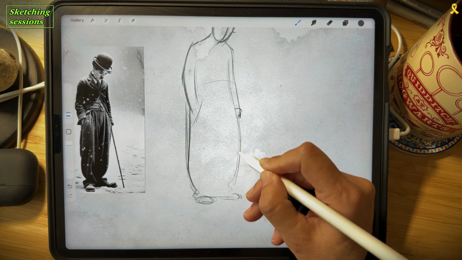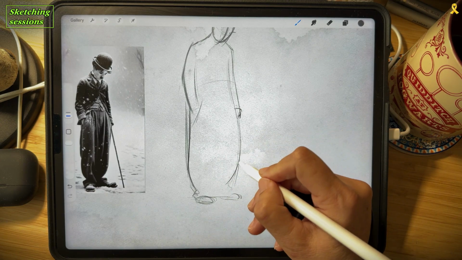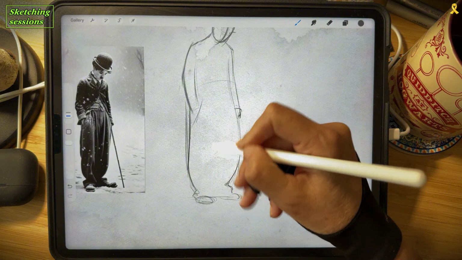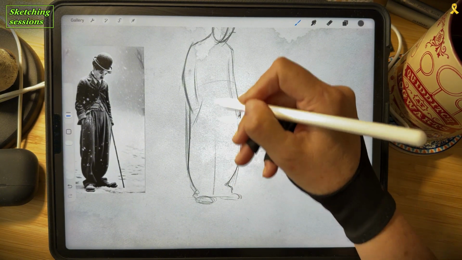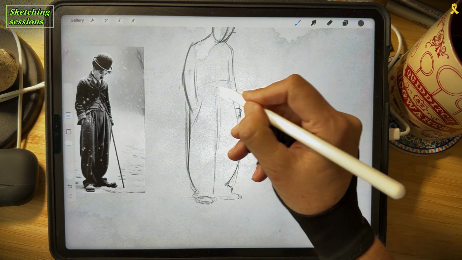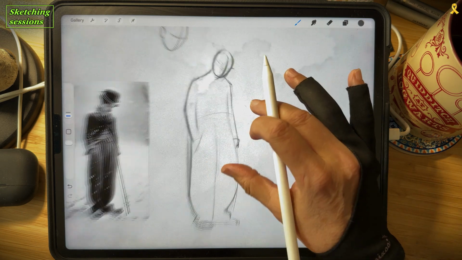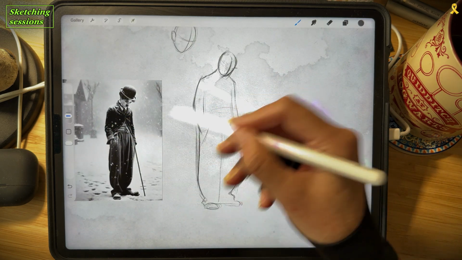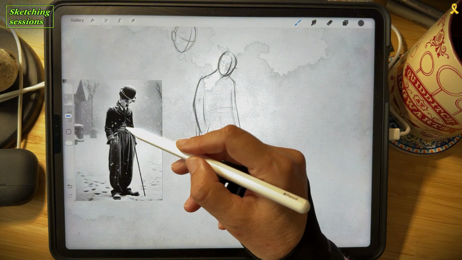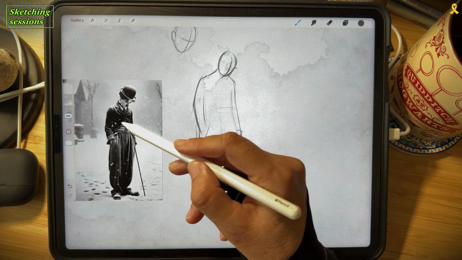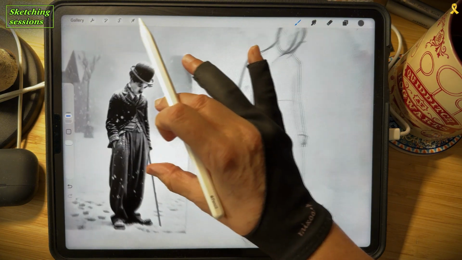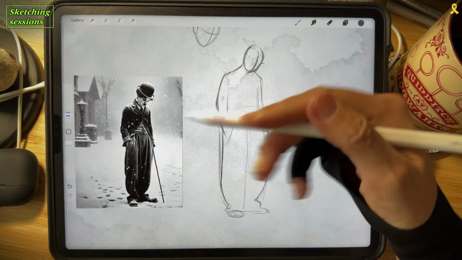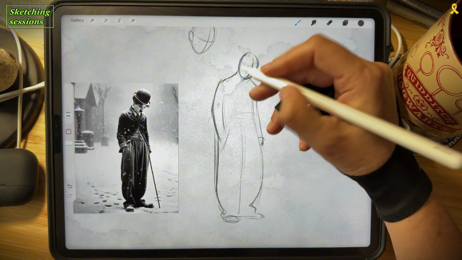You increase your visual library, and also you study something. You learn something new, for example, about his outfit. I never paid attention that he has a coat, and also a waist here in this place. So they have kind of levels of clothes,